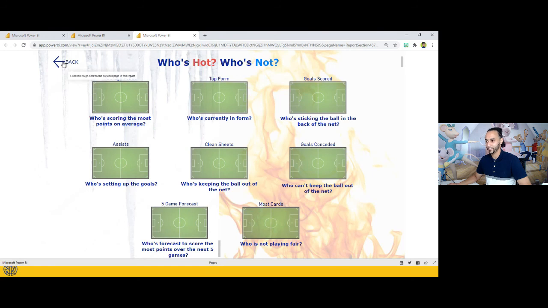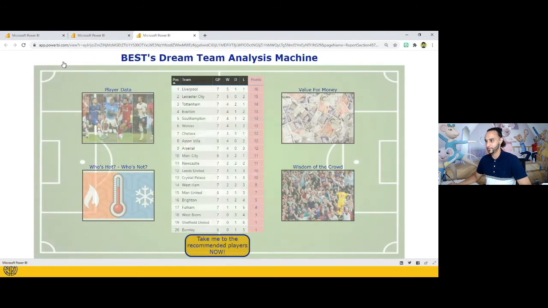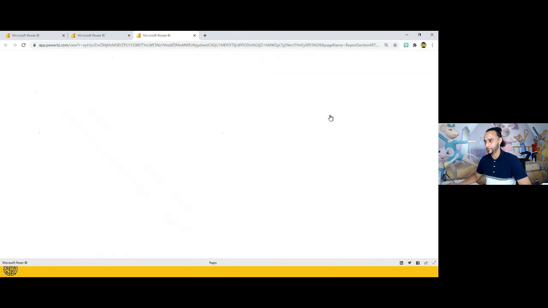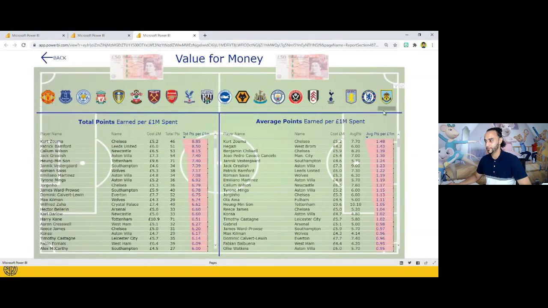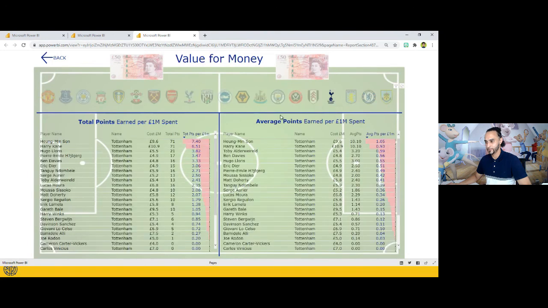Getting the data, getting a good data model is absolutely vital for all of this stuff. But that might be 90% of the time. You can then get a simple report in the other 10% of the time. But to then get a report where you've done all of the additional bits, like put the £50 note images on there, put the icicles, put the flames on, just the sheer amount of data and the amount of effort that's gone into the visuals, I think this is why this one got top spot.